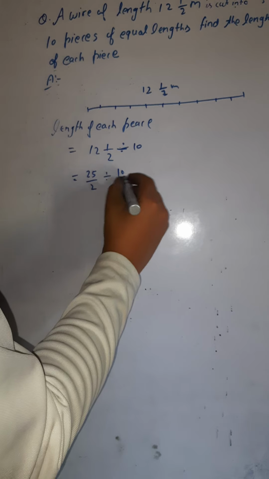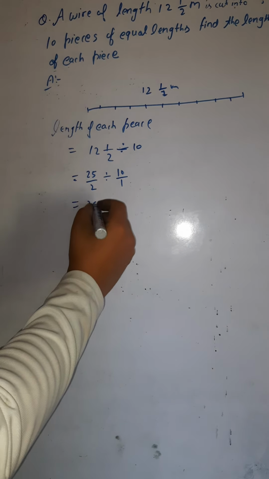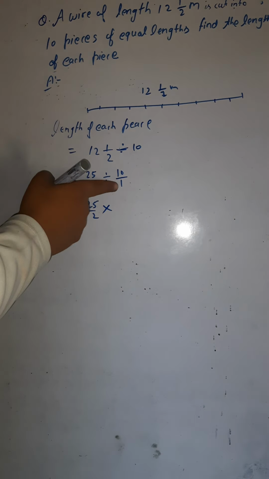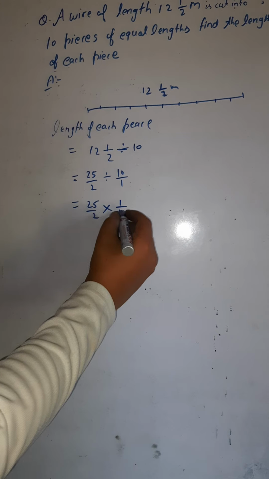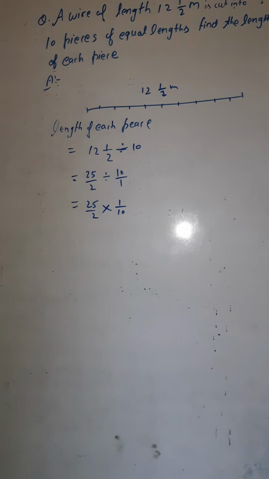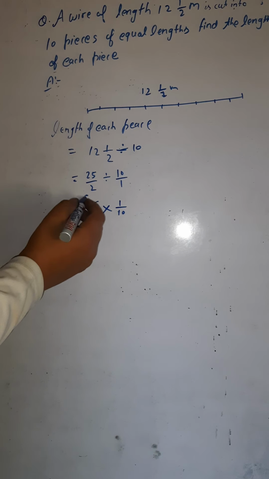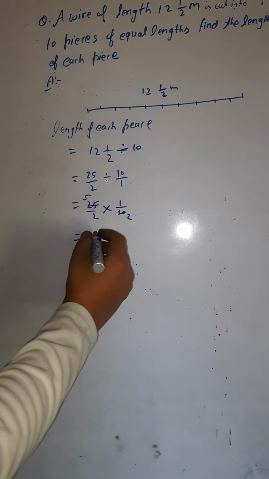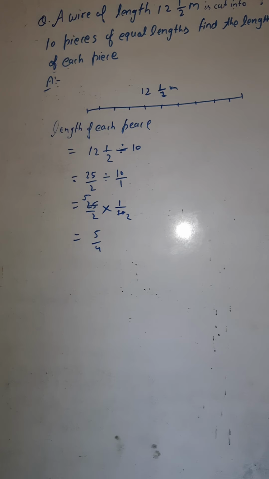Divided by 10, which can be written as 10 by 1 because 10 is a whole number. Okay. So now 25 by 2. This division would become multiplication, and I would reverse the order. Reciprocal of 10 by 1 I have to write here. So reciprocal of 10 by 1 would be, this 1 would go up and 10 would come down. Okay. If you simplify, you can simplify also, like both of these you can cut by 5. 5 5s are 25 and 5 2s are 10. Just do now. 5 1s are 5 and here 2 2s are 4. So 5 by 4 is the answer.